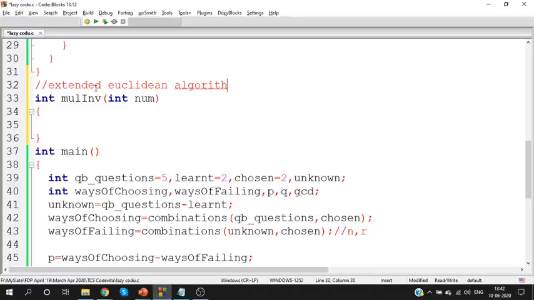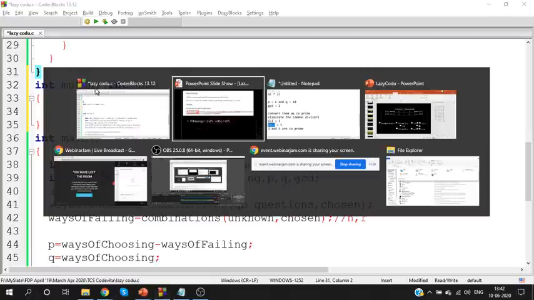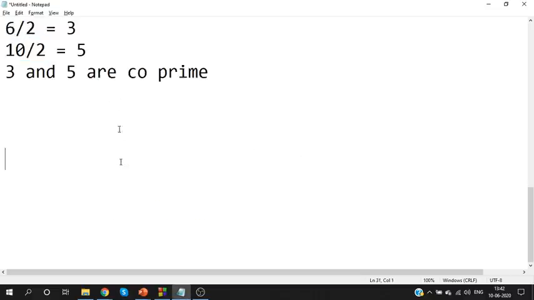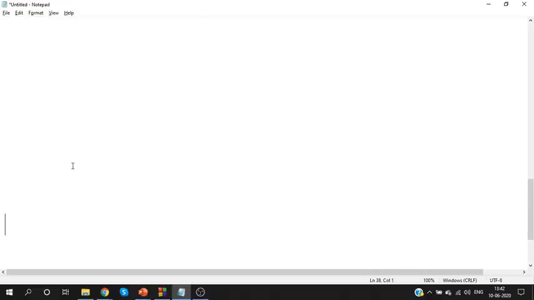I don't want you to confuse between Euclidean and extended Euclidean, so I'm not going to involve that one now. I'll show it using the naive method. Further on, as we proceed, once we learn extended Euclidean algorithm, we'll implement it here. So the naive algorithm is, listen here. What do we mean by multiplicative inverses? Multiplicative inverse means A into B modulus m is equal to 1. That is what we call a multiplicative inverse, right?